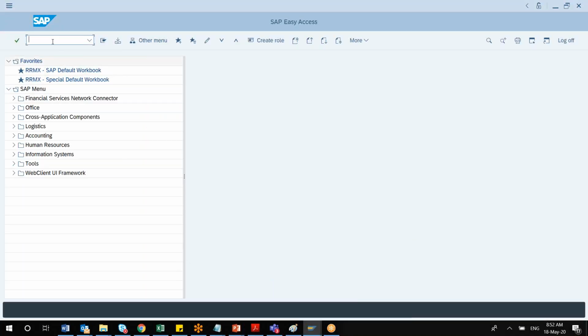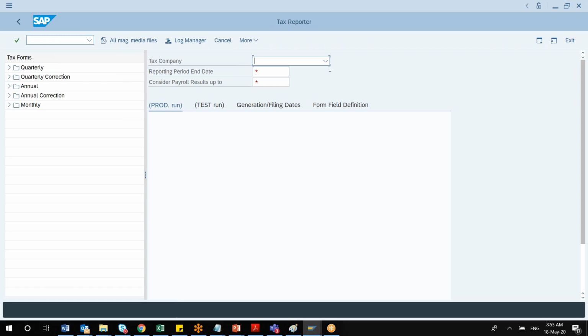That is the first transaction, PU19. This is a single point for all of your tax reporting. If I go to PU19, you can see on the left-hand side there are different categories of tax forms. As I was discussing, there are 6 major categories: quarterly, corrections, annual, corrections, and monthly.